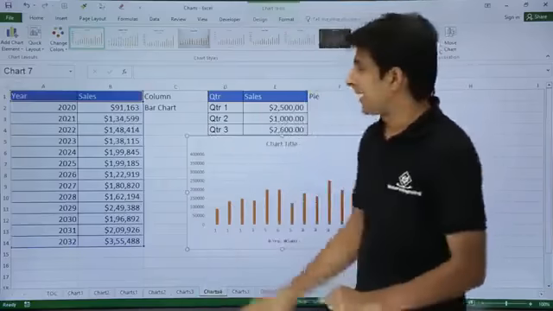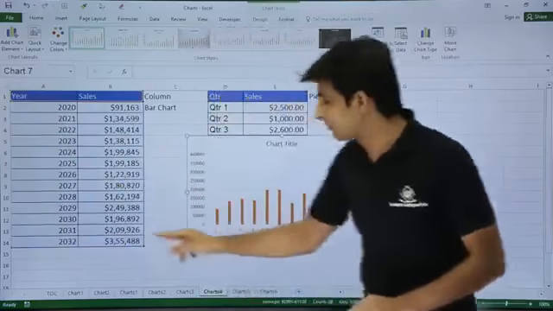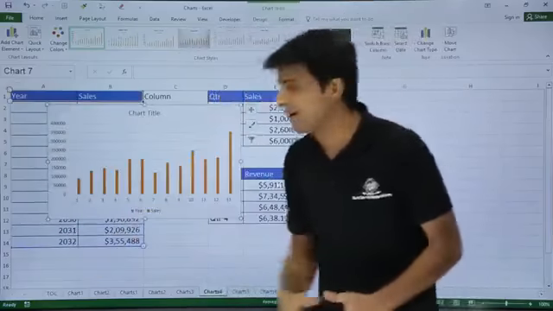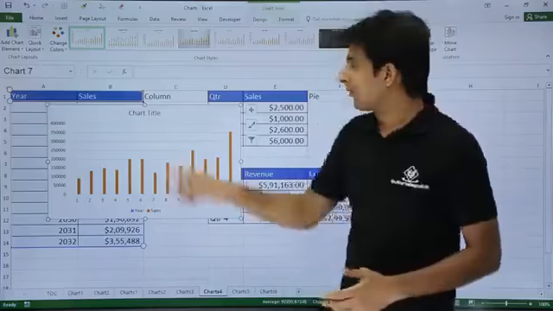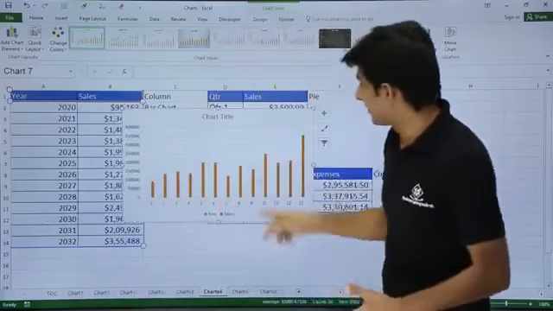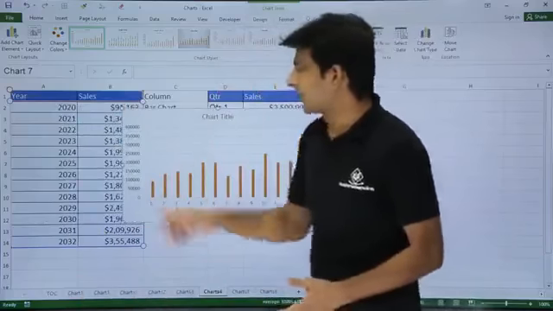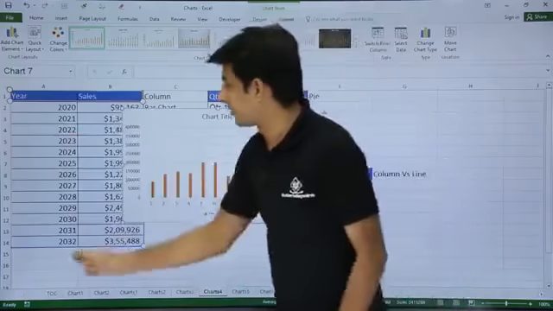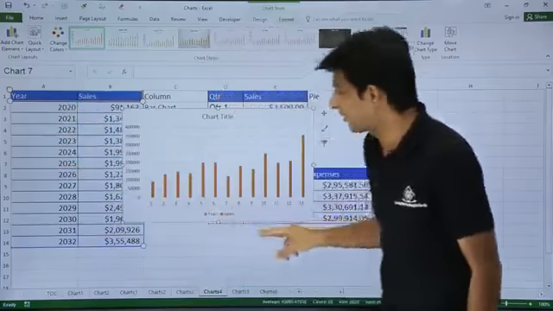But if you see the difference, I am expecting the years in this horizontal row, which is not visible. What is the problem here? I'll tell you. When the first column has numbers, Excel doesn't take it as labels. It understands it as a column series itself. So I have to tell it these are not numbers, these are the labels which I want on the horizontal axis.